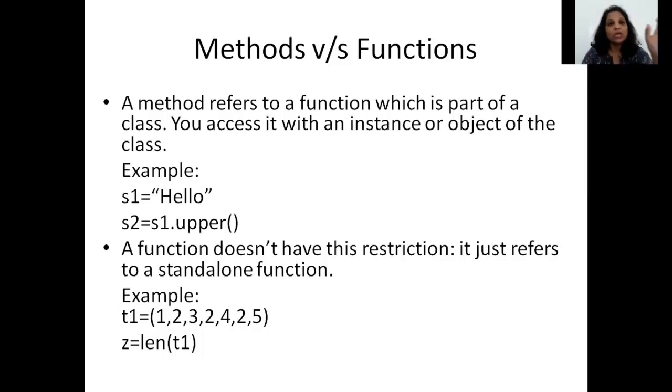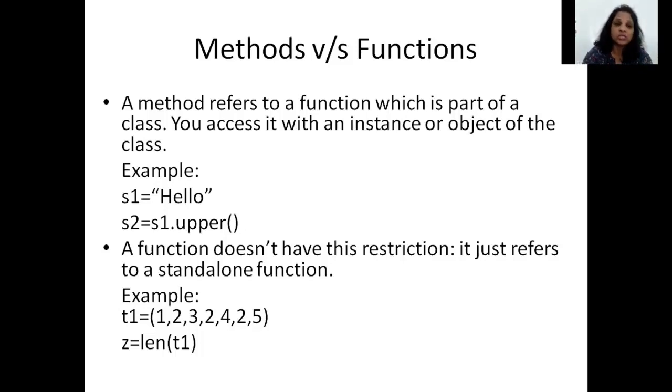Okay, now if you remember invoking or using those methods, you would have written s1.upper or s1.isalpha. What was s1? s1 was your string variable. In fact, s1 was your object. Now, whenever you use functions that belong to a class, or whenever you use a method, then in that scenario, how you use the method is you always write the object name dot the method name.